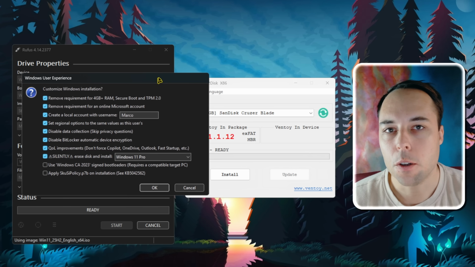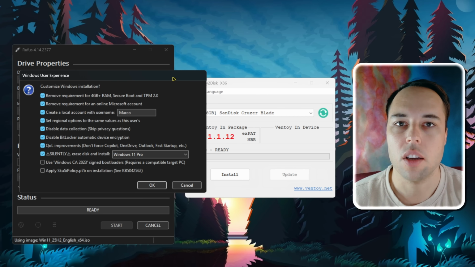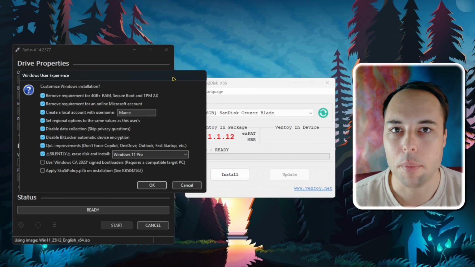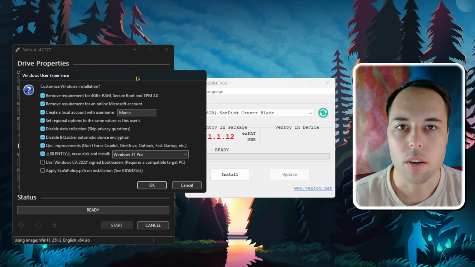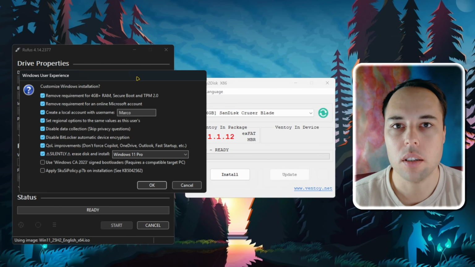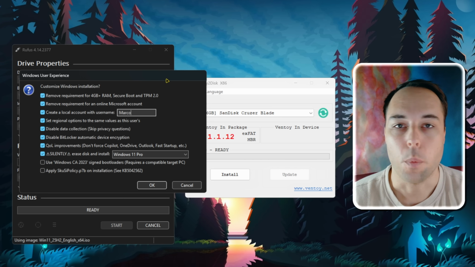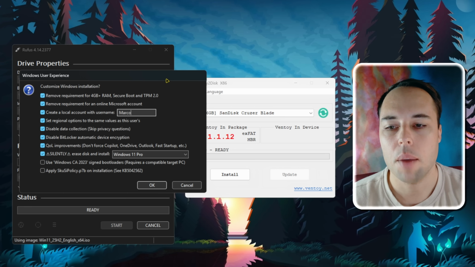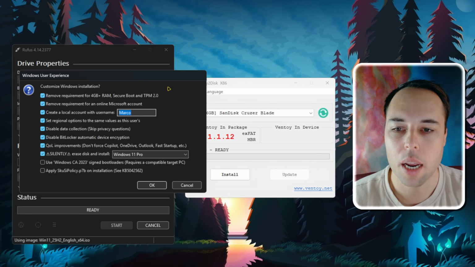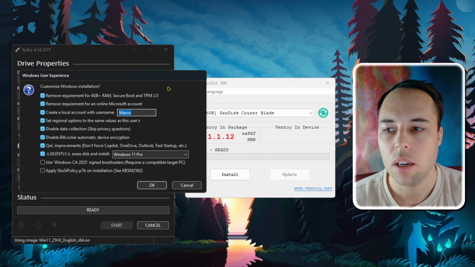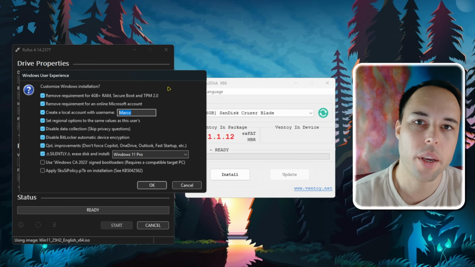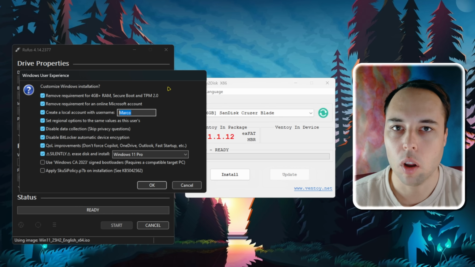So this Windows user experience feature in Rufus is one of its biggest strengths in my opinion. And this is great if you want a targeted install on a single PC, and it's basically rinse and repeat on every single machine that you set up. The Windows install is going to look exactly the same, and it's always going to be the same username that you set up on every single PC. Then this is a very good way to go. But Ventoy can do the same thing, just not out of the box.